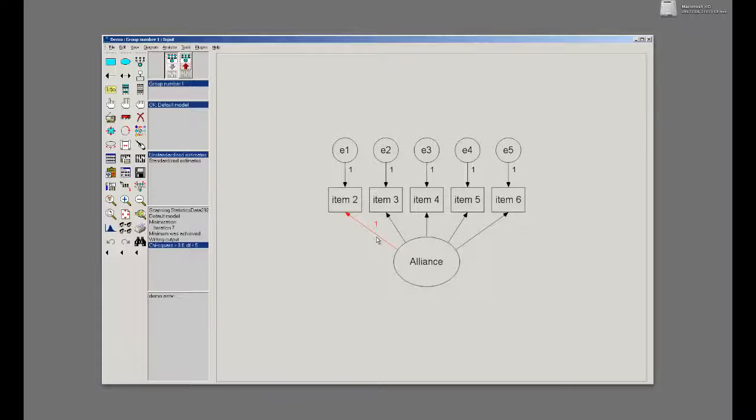The other thing I like to do is label all of the relevant parameters in the model. This is useful just to keep track of them, as well as it's useful later on in analyses when you need to impose constraints across models to have a label for each of the parameters. So that's what we're going to do first, is label each of the